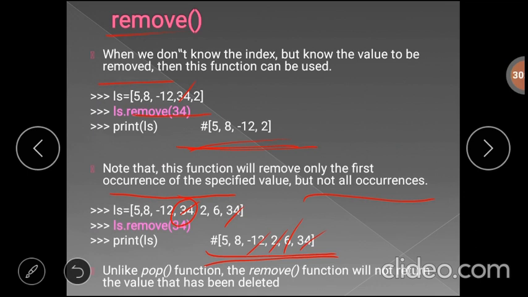This remove function also will not return the value that has been deleted, but the pop function will return the deleted value. The remove function won't return the deleted value, it will just modify the list, that's it.